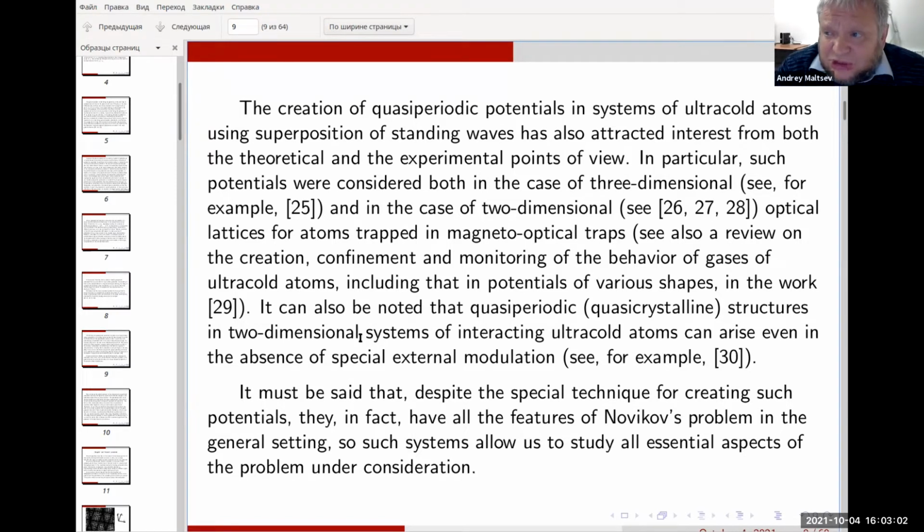Usually quasiperiodic potentials which arise in systems of cold atoms can be represented as a sum of a finite number of sinusoidal harmonics. But still, from the point of view of geometry of the level lines, these potentials are general, and they have as complicated geometry as we want, like for any kind of quasi-periodic potential. So from this point of view, this is not a restriction at all for our problem.